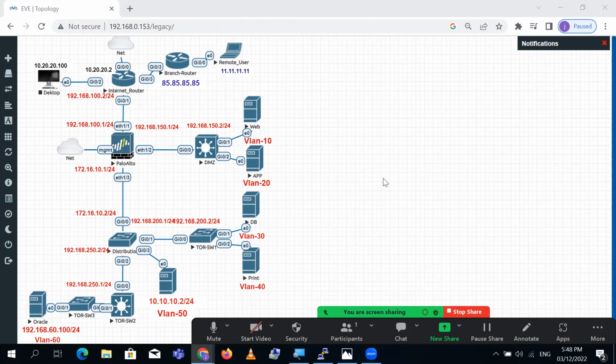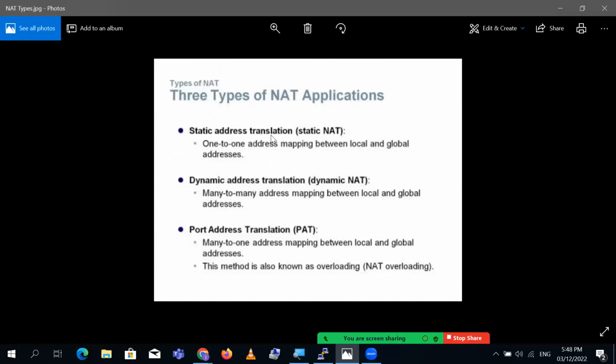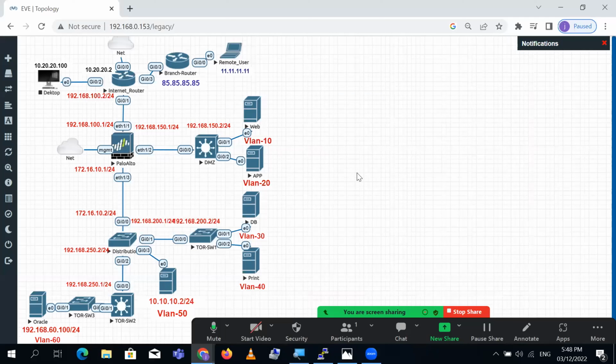In the previous session, we already discussed the types of NAT and we did the configuration of static IP and port, which is PAT and called DIP as well. What we have discussed before was static address translation, the theoretical part, and then dynamic address translation, which is dynamic NAT, also the theoretical part. We also discussed the theoretical and the lab section for port address translation, which is many to one address mapping between local and global addressing. Okay, so this one we already discussed, and in today's session, we are going to make a lab